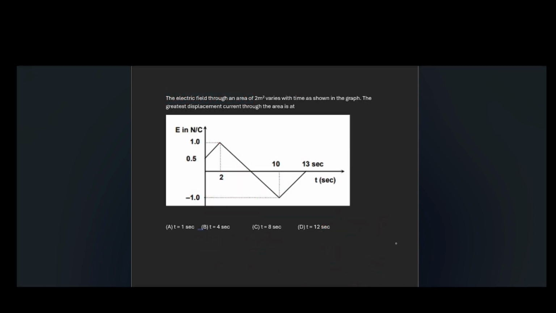So check it out. In test series problems, another problem is: the electric field through an area of 2 meters square varies with time as shown in the graph. The greatest displacement current through the area is. So here, the displacement current concept: if you see the formula for displacement current,